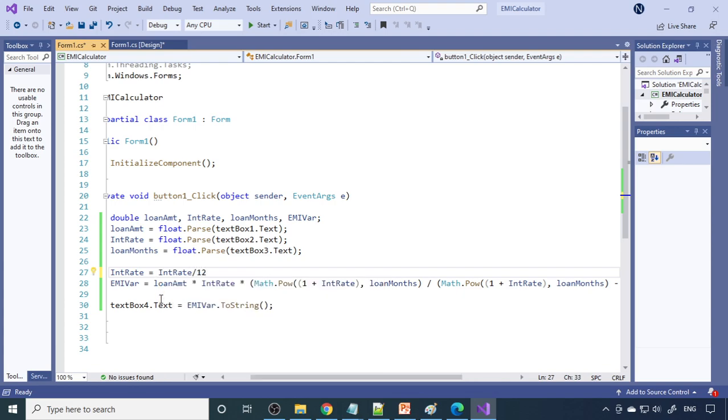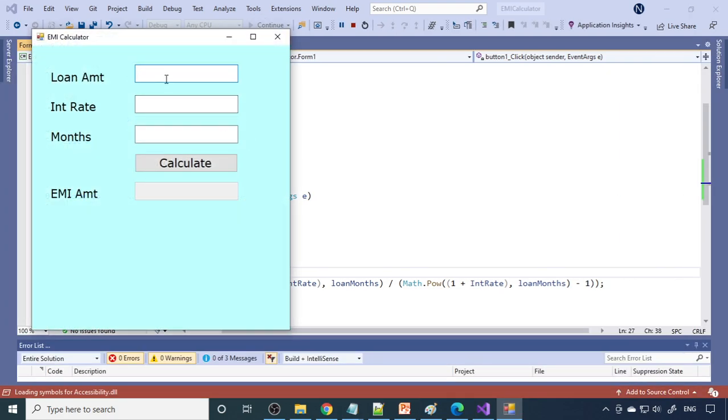Also you need to divide by 100 because this is a percentage. Percentage means 1 by 100, so it's 1200. Now if I run this and enter 1 lakh here, 10% and 60 months, you'll get 2124 point some fractions actually.